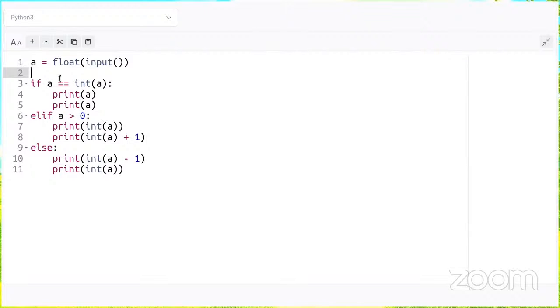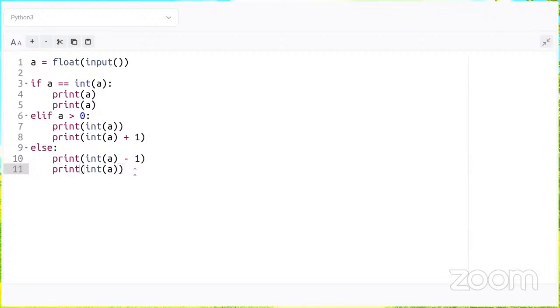Can someone tell me where the mistake lies? I think it is when a is equal to 0, then you will have minus 1 and 0 as the output. Maybe we should involve another else. No, like 0.5, if it is there, then you will have output as minus 1 and 0. 0.5 will be taken care of by this, right? 0.5 is greater than 0, so I will print 0 and 1.